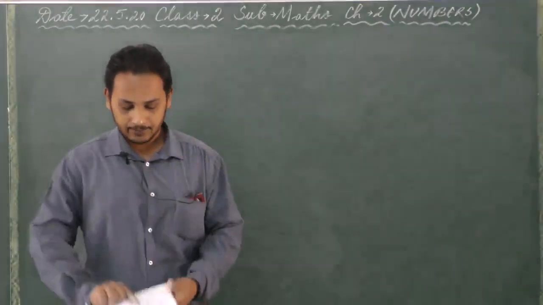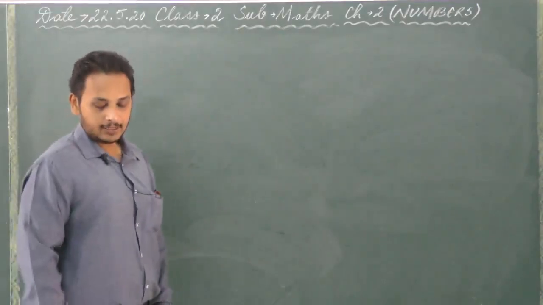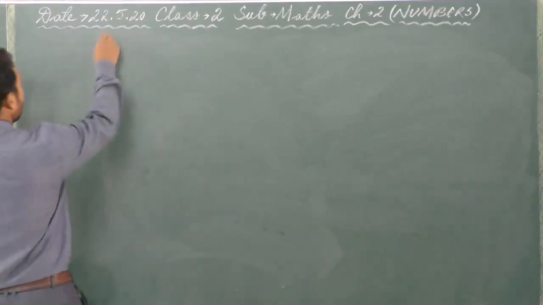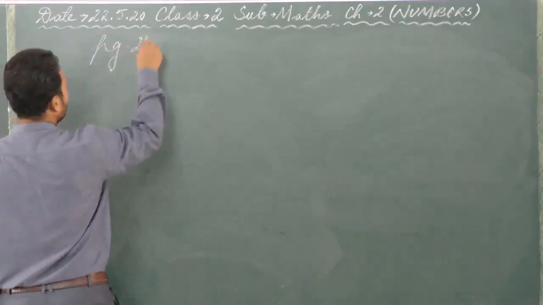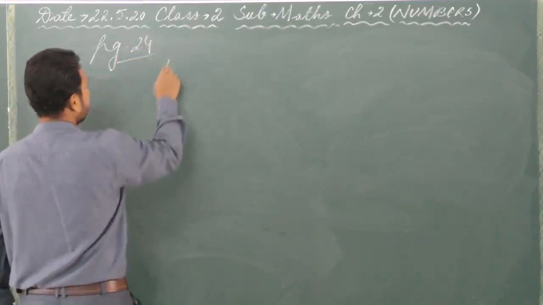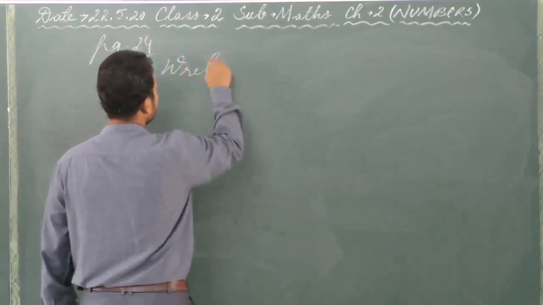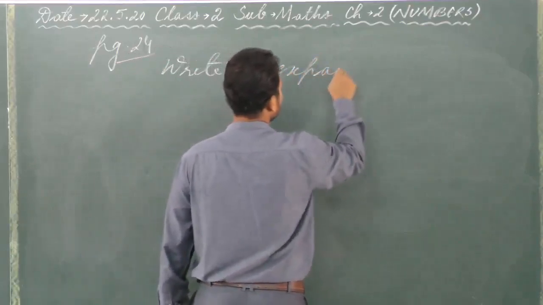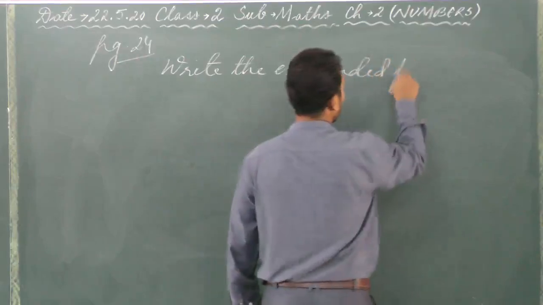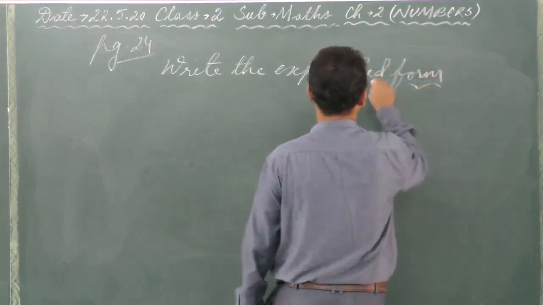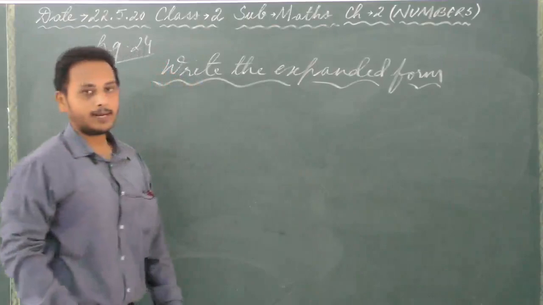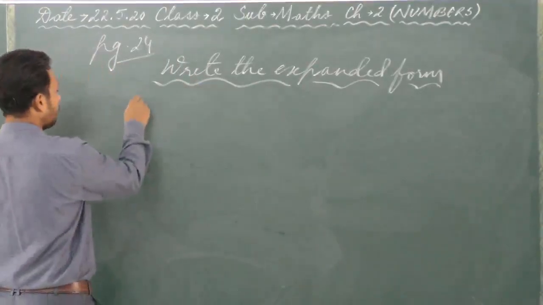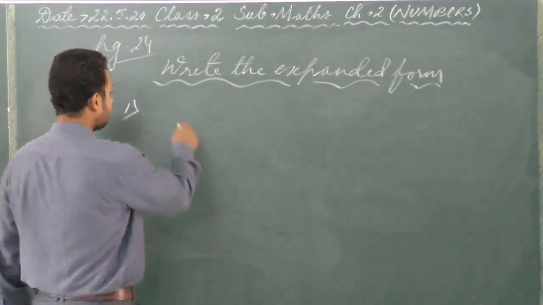Okay, we'll practice them. Now the heading of it is write the expanded forms of the following. This is page 24. Okay, the heading is write the expanded form. You have to write the expanded form of the following numbers. Like see number 1, the first one. The number given is